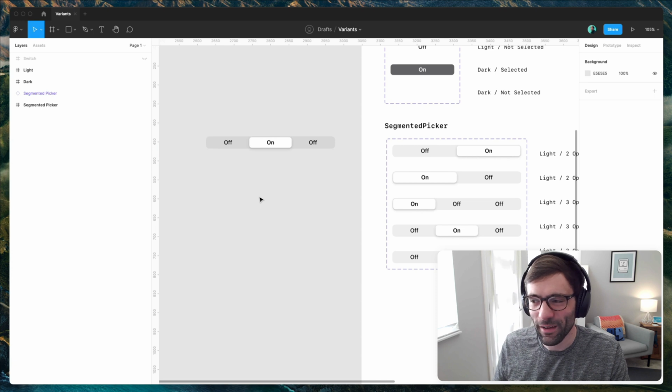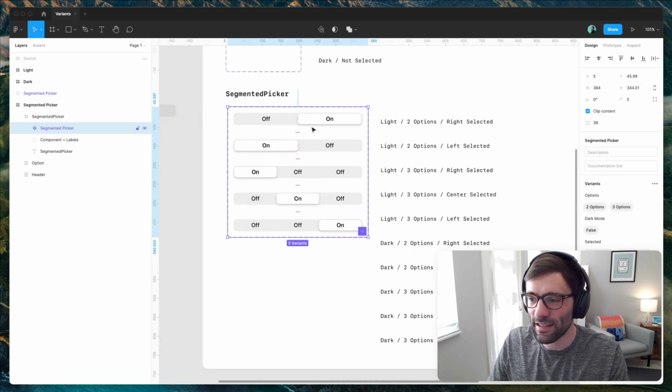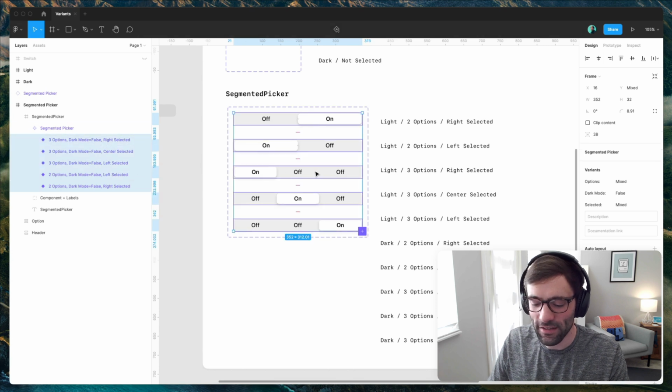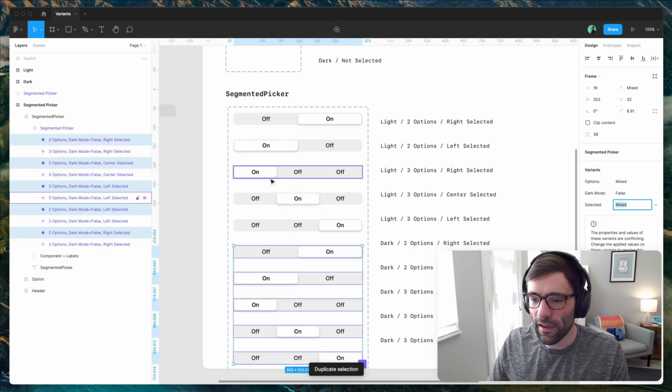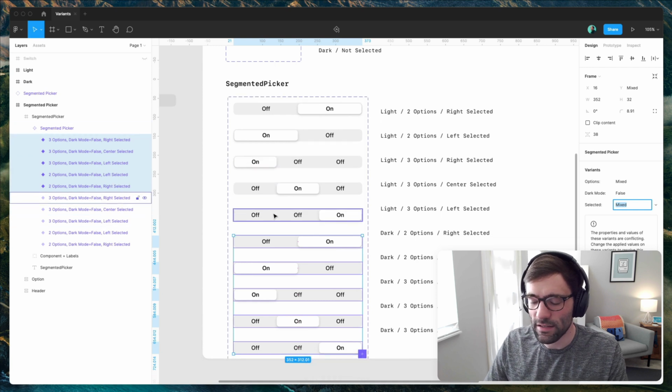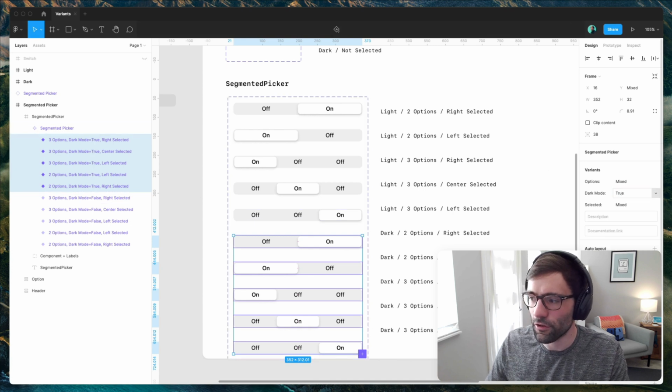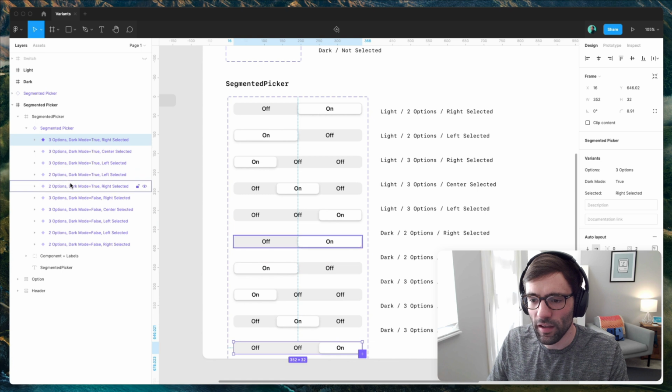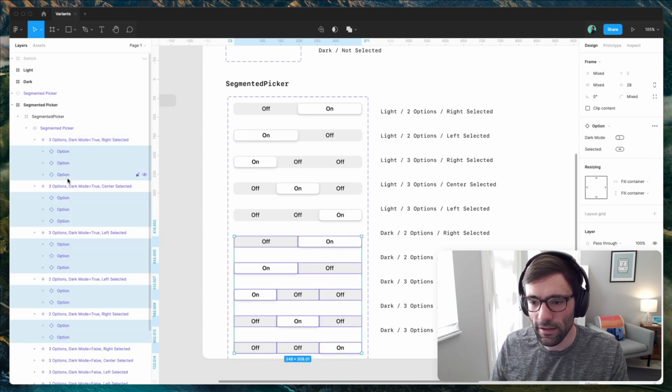Okay, so real fast, I'm gonna go ahead and create the dark mode versions super easily, because what we can do is we can take all of our options here, we can hit Command D, and I'm going to go ahead and just reorder these. And now what we can do is we can actually just hit enter to expand the list here. Let's actually first type in true for our dark mode property. And then over here, we'll select our new ones, hit enter, and we can actually just turn dark mode on